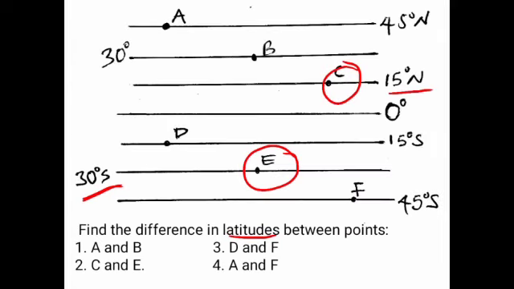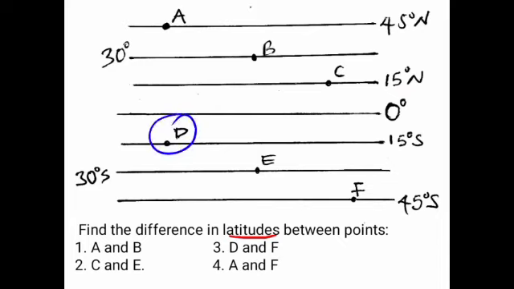Okay, so let's now look at question 3. Question 3 is basically asking us to calculate the difference in latitude between point D, which is here, and F. D is lying on 15 degrees south, and F is right here, which is at 45 degrees south. Okay, so we can see that they are all heading in the same direction, 45 degrees south, 15 degrees south,